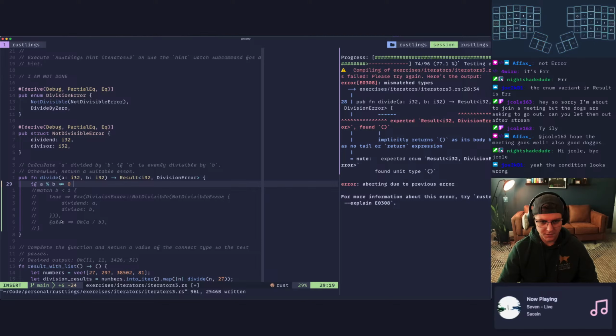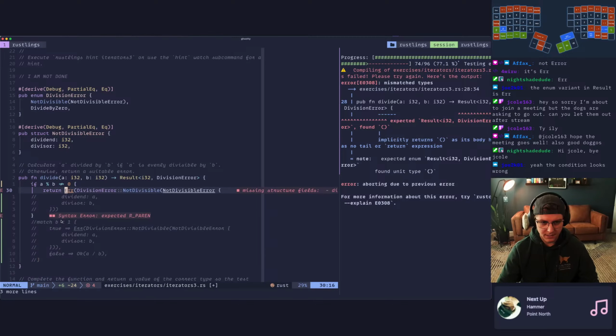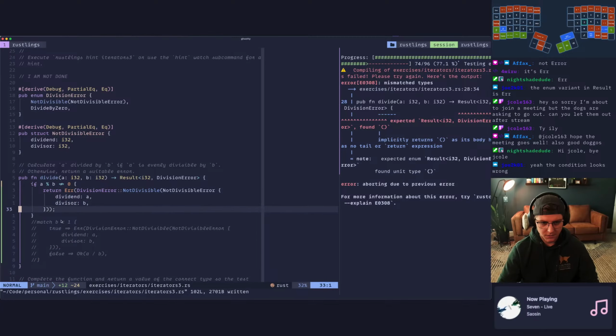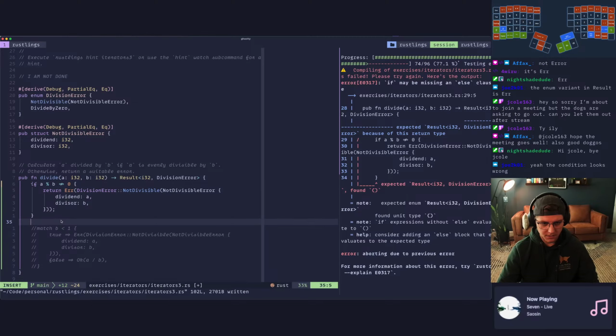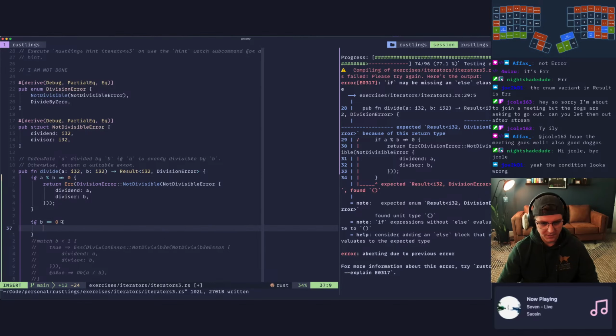Then we go to our Turing layer and we do that, enter in there, and I guess we can do an early return, right? And there we can just yoink this, paste that there. And then we can also do if B equals 0. Oh my God, this keyboard is messing with me so bad.